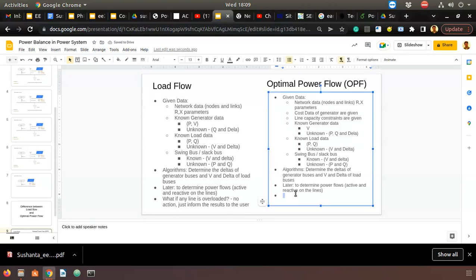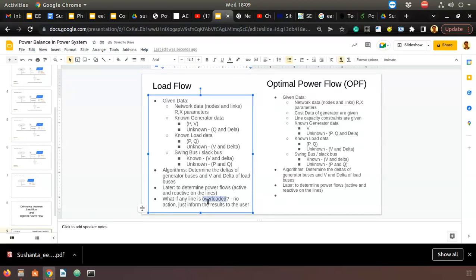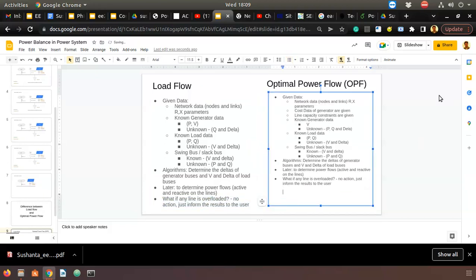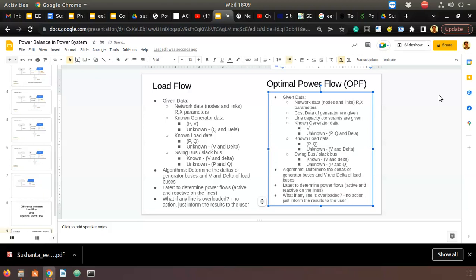Okay, so here what happens? What if a line is overloaded? Actually, it will not happen. During running the power flow itself, it will take care of that constraint also. Line overloading is taken care of. The proper way to put it is, based on network conditions,